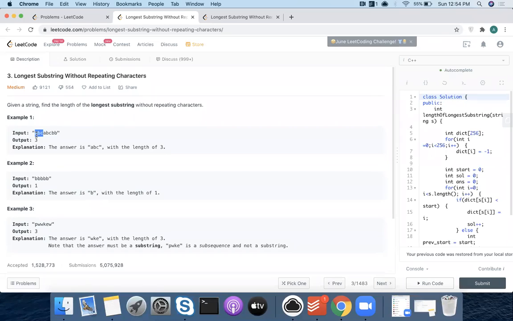I check what the starting character of the substring I am currently looking at is. If it occurs before the starting point of the substring, then I don't need to worry, because A occurred at a point which is insignificant for me since I'm starting the substring at a later point.